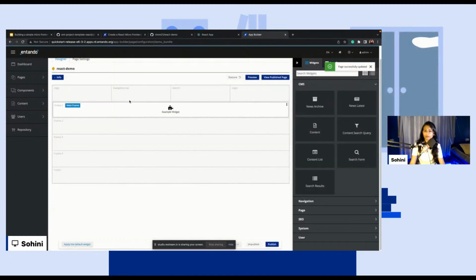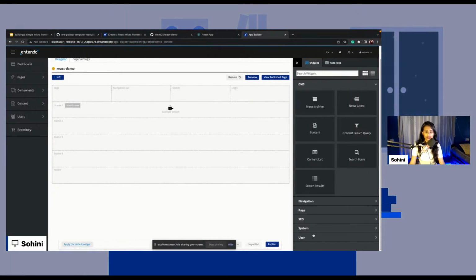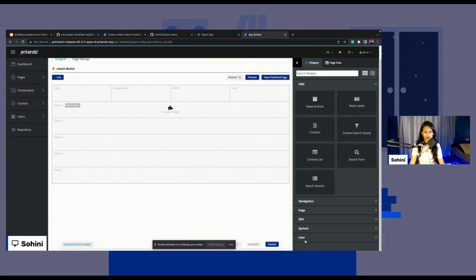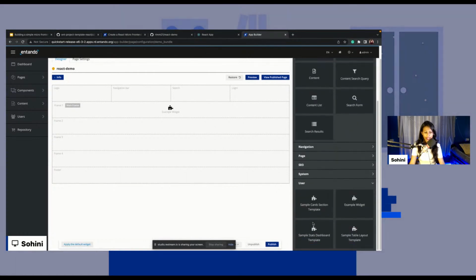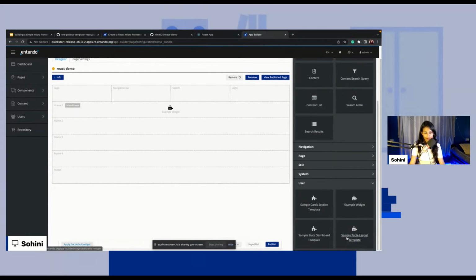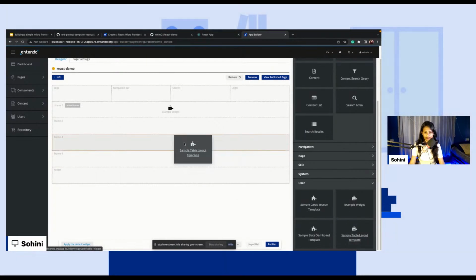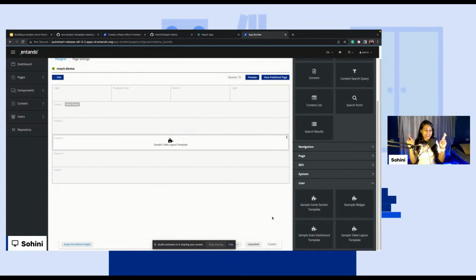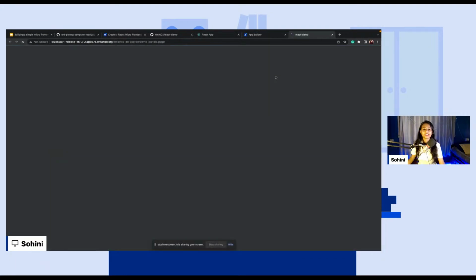So okay, I'm gonna remove this widget. Then here in this bar, you can go to user, and here you can see sample table layout template. Okay, I'm gonna publish it, and now let's keep our fingers crossed and hope for the best so that we can see it live and there is no glitch. Absolutely. So I'm gonna go to view published page, and